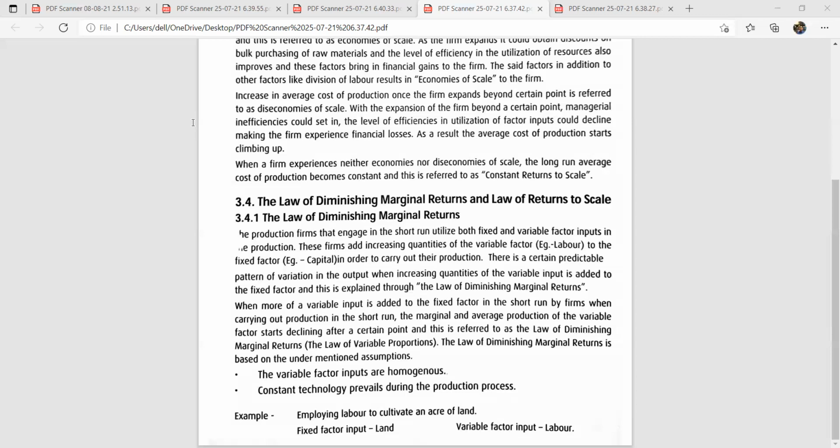Secondly, constant technology prevails during the production process. Technology, simply capital, is held constant: the number of machines, the number of buildings, all other things are held constant. For example, employing labor to cultivate an acre of land: the fixed factor input is land, and the variable factor input is, of course, labor. After this one, we do concentrate